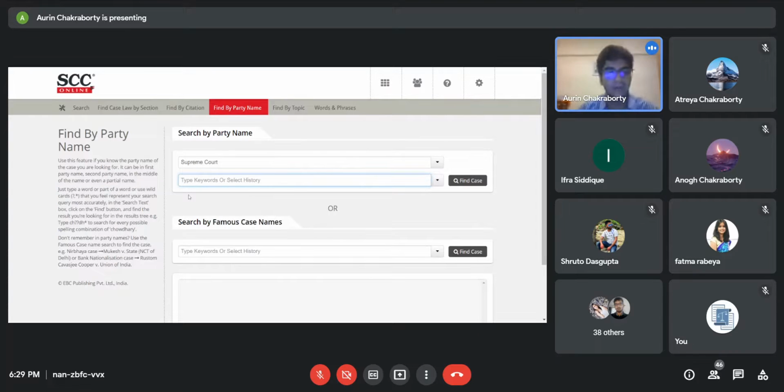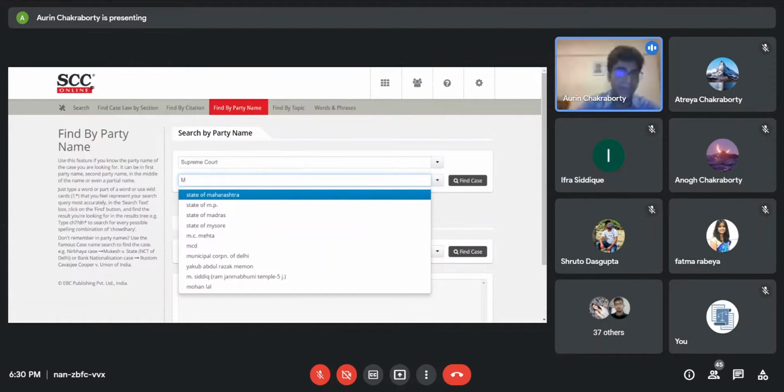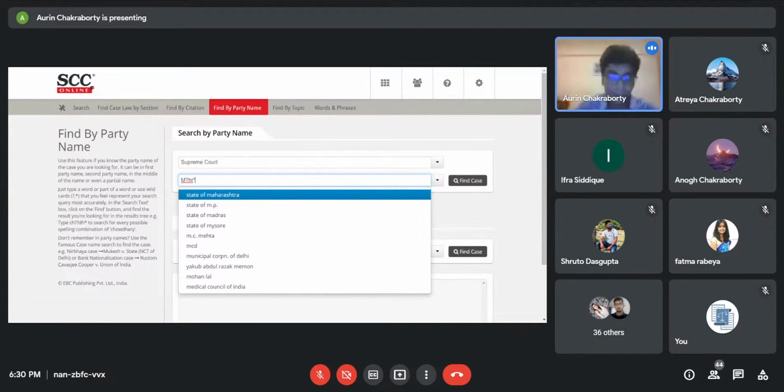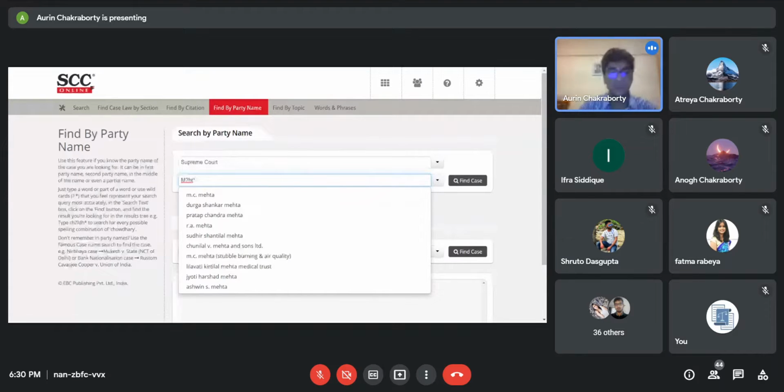I'll just use another example. Take, for example, if I use Mehta, right? Now, we are not sure if it is Mehta or Mohta or any variant to that effect. So what we can do is, we are sure of the alphabet M in it. So we just type M. E or O, we're not sure about. So you put in a question mark. H and T, we're sure about. And the rest of the aspect you're not sure about. So what you can do is just put in an asterisk mark. Now, these are the two wildcards that are there over here.